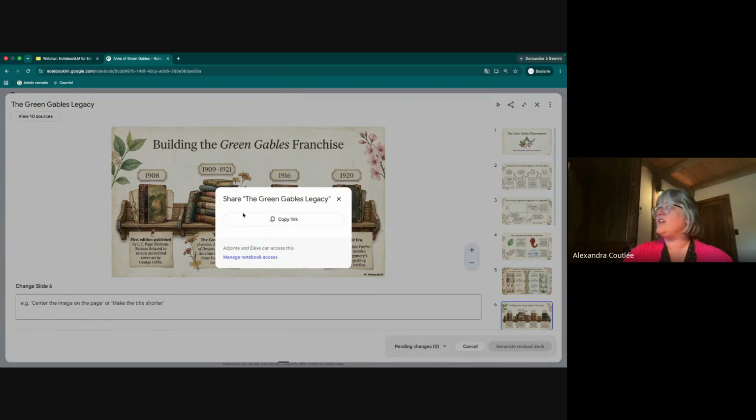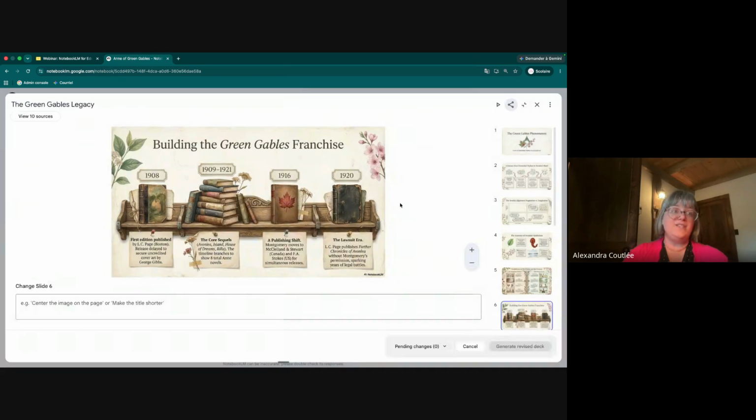This will not just share, it will copy the link to this actual presentation, but I need to share the whole notebook with the person for them to be able to access it. So it's basically kind of a shortcut directly to the presentation, but I need to make sure I shared the presentation with the person before. So that share button happens in a lot of different sections.